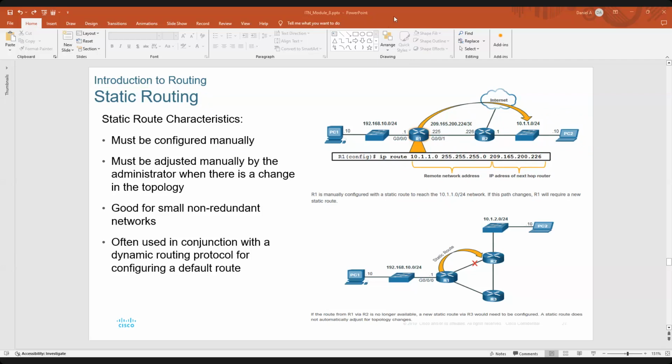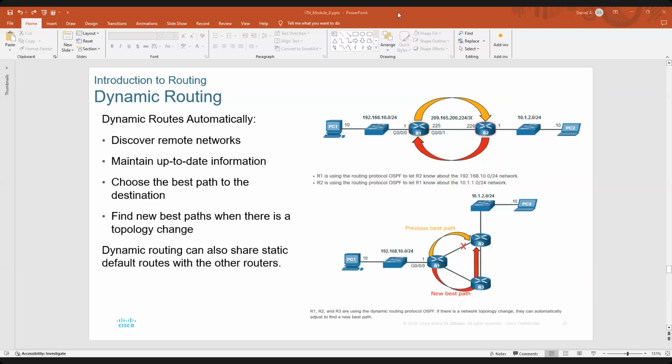ስታቲክ ራውት ሌላው ምንድነው? እንደ ድንገት ለምሳሌ እዚህ ጋር ያለው ኔትወርክ ቢቋረጥ አር1 ላይ ሄደን ይህንን ማኑዋሊ ሪሙቭ ማድረግ አለብን። ስለዚህ አጀስት መደረግ አለበት ቤዝድ ኦን ዘ ቶፖሎጂ ቼንጅ ማለት ነው። ይሄ ስታቲክ ራውት ብዙ ጊዜ ሪኮመንድ የሚደረገው ስሞል ለሆነ ነን ሪደንደንት የሆነ ኔትወርክ ነው። ዳይናሚክ ራውቲንግ ቅድምም ብለናል። አር1 ላይ ዳይናሚክ ራውቲንግ ፕሮቶኮል ኢኔብል አደርጋለሁ። አር1 ላይ ያሉትን እነዚህ ዳይሬክትሊ ኮኔክትድ ኔትወርኮች ለአርቱ ይነግራል። በዚህ ሰዓት አርቱ ይህንን ሪሞት ኔትወርክ ለርን ያደርጋል። በተመሳሳይ አርቱ ላይ ዳይናሚክ ራውቲንግ ፕሮቶኮል ኢኔብል አደርጋለሁ። ይህንን ኔትወርክ እና ይህንን ኔትወርክ ለአር1 ይነግሩ። በዚህ ሰዓት ይህንን ለርን ያደርጋል።